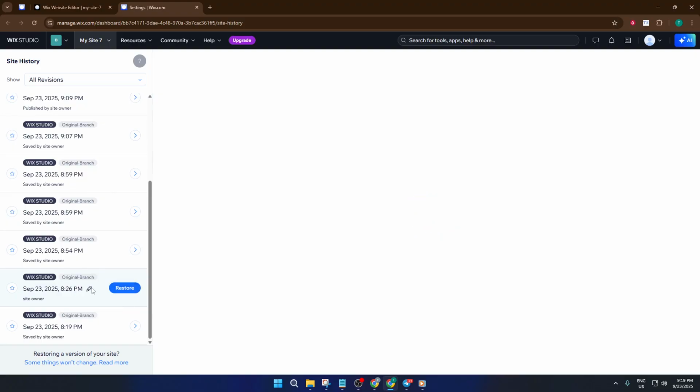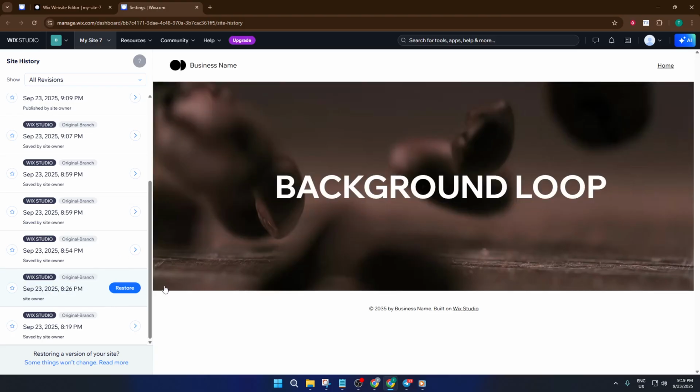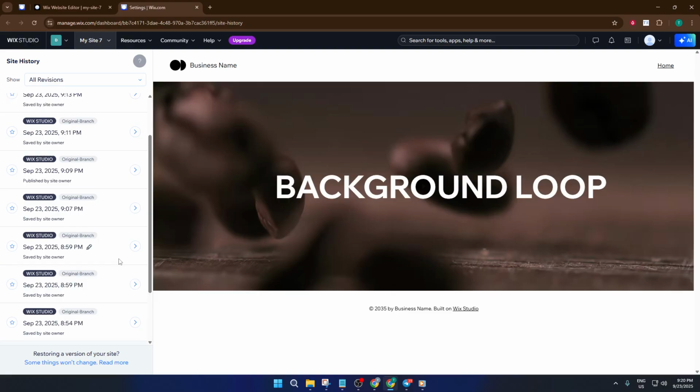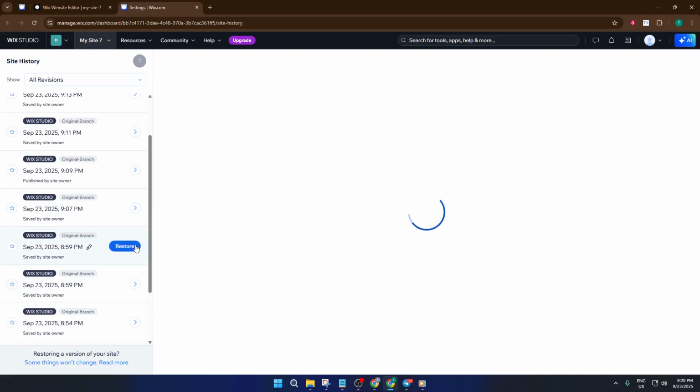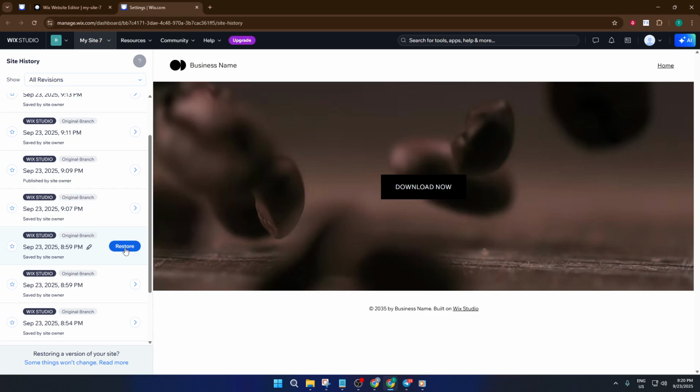This feature is especially helpful if you've made a big overhaul, maybe changed your site layout or deleted lots of sections, and the basic undo isn't enough to get you back where you want to be. Think of site history like a safety net under your creative process. No matter what changes you've made, you can always jump back to an earlier moment. So that's everything you need to know about undoing changes on Wix, whether you're quickly fixing a minor tweak or